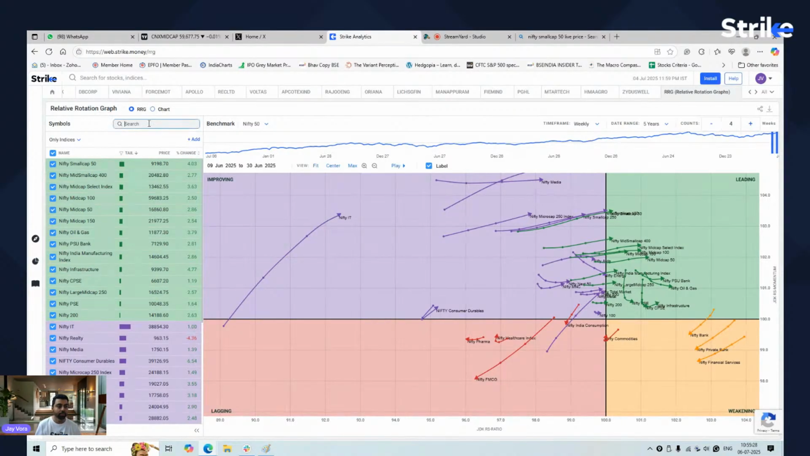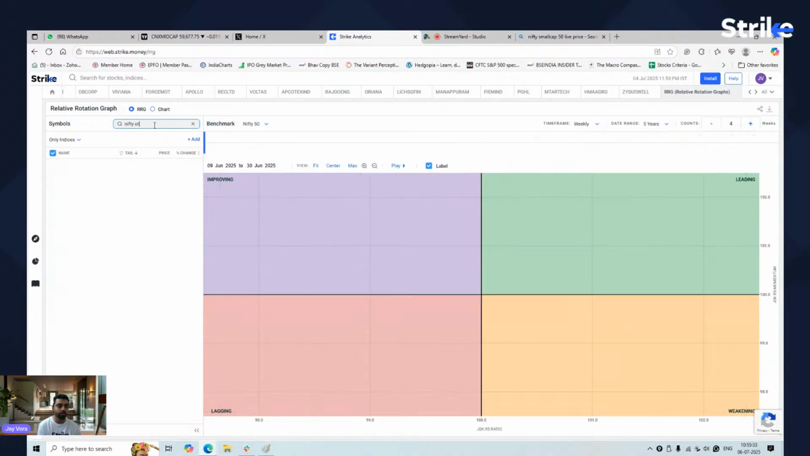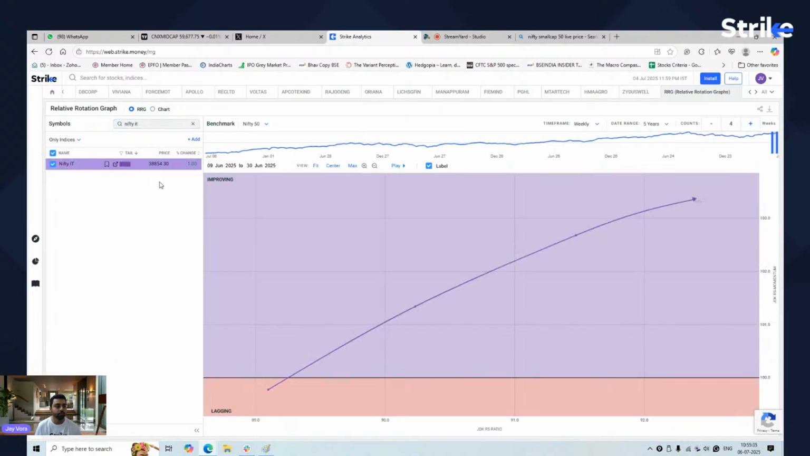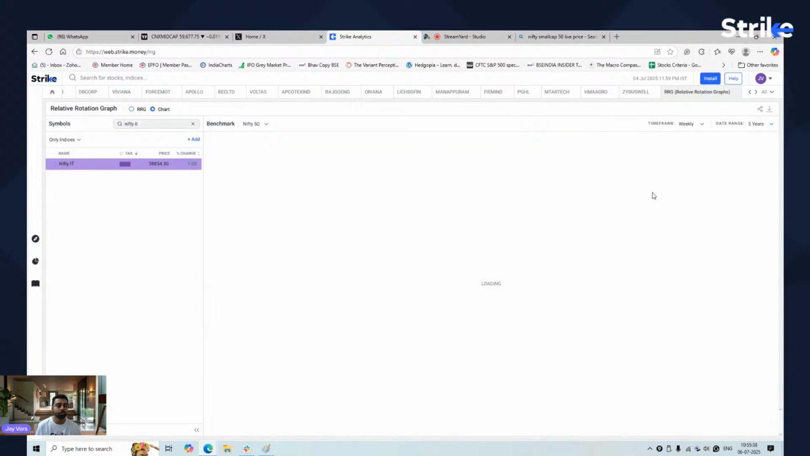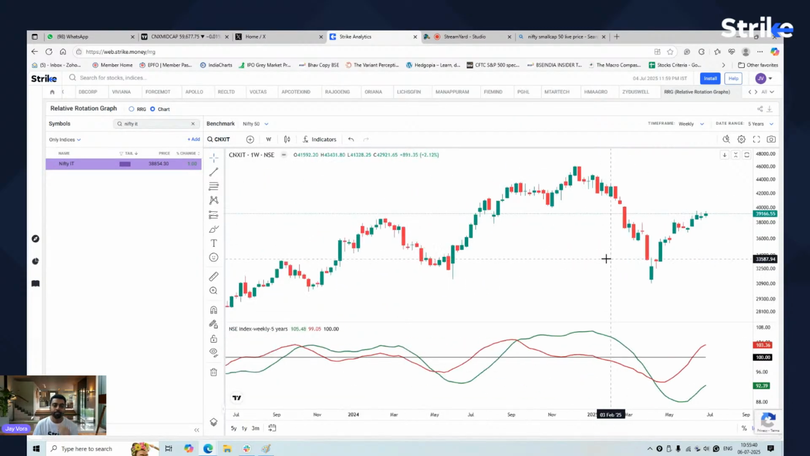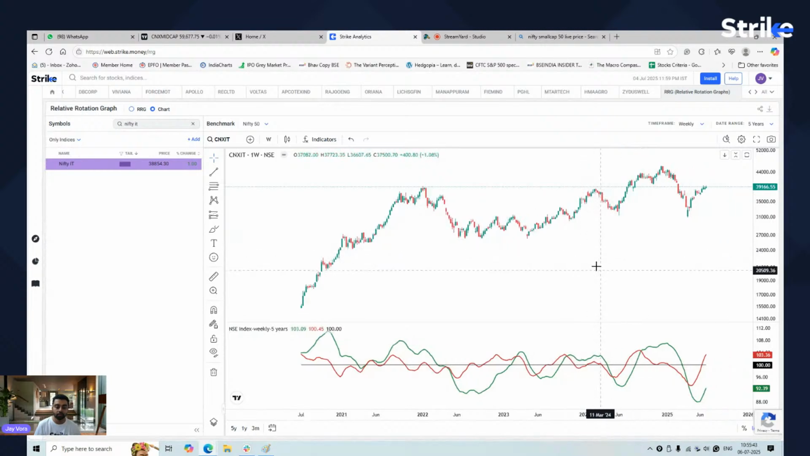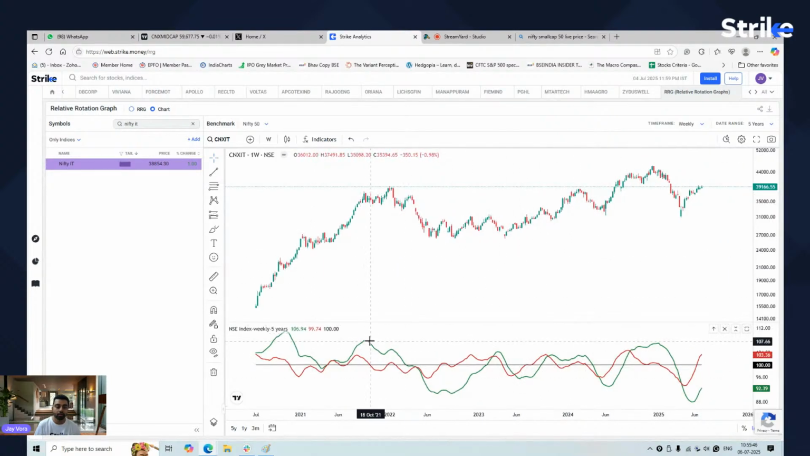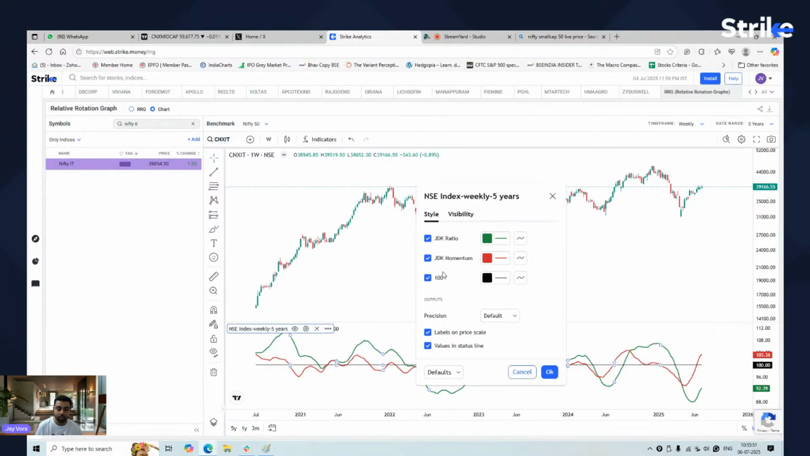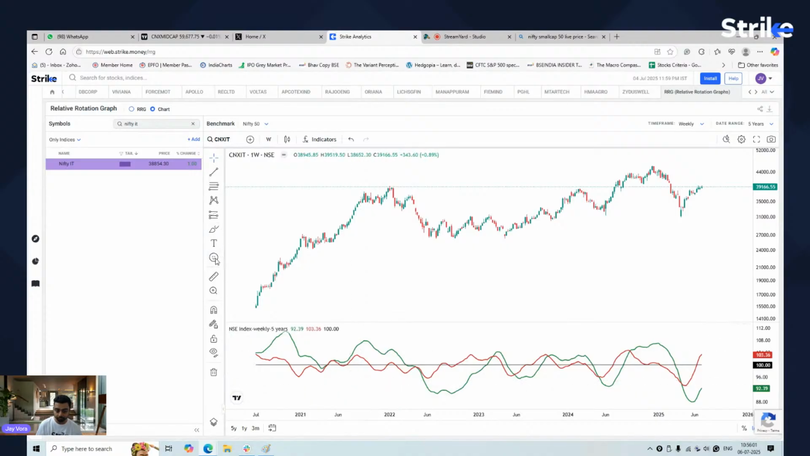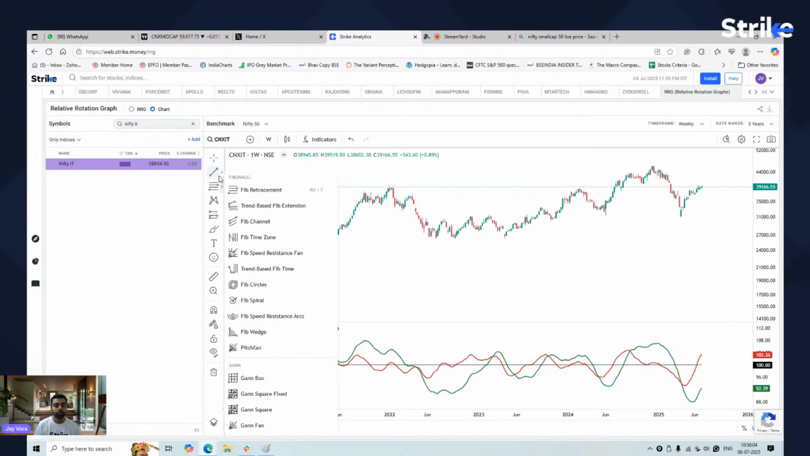Now let's take a chart of IT and we'll take it weekly so that we have meaningful data to check. Now, this you can see is Nifty IT. If you want to know which line is what, you can simply click over here if you get confused, and you will see over here that the JDK momentum is the red line, the ratio is the green line. Now you will observe